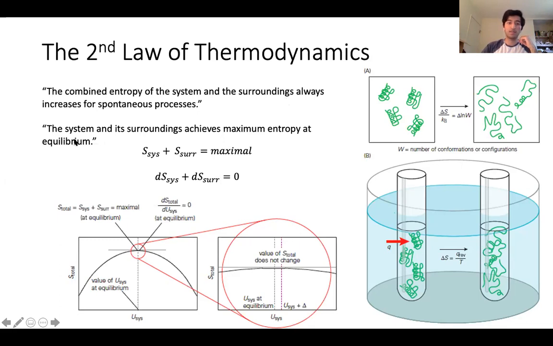And so with this statement here, which is just a restatement of the second law, we can arrive at this expression because the entropy of the system and the entropy of the surroundings should give the maximum entropy. And then furthermore, if you take the derivative of this, you should get 0. Here is a graph that should help you visualize this a little bit. On the x-axis you have the internal energy of the system, and on the y-axis you have the total entropy. And you'll note that when you've achieved equilibrium, the derivative at that point should be 0